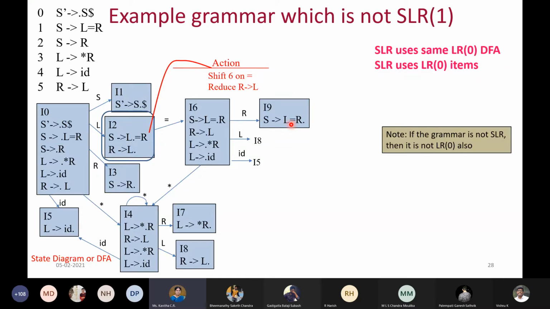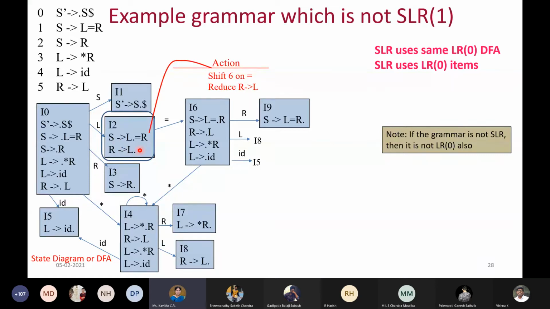You can go on to construct the parsing table. Before that, you can verify here only whether a conflict occurs or not. See, what kind of conflicts do we have? Either the shift reduce conflict or the reduce reduce conflict. In our examples, whatever we have discussed till now, we have never encountered a reduce reduce conflict, but we have only encountered the shift reduce conflict. So how do you see that a shift reduce conflict occurs? In the diagram only you can see.